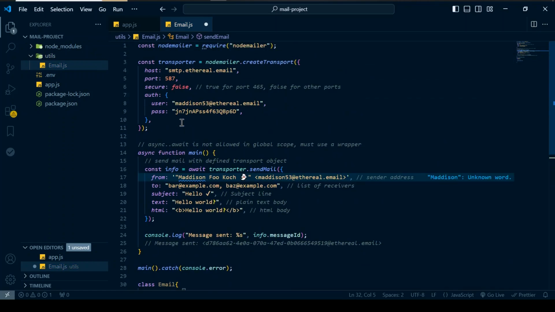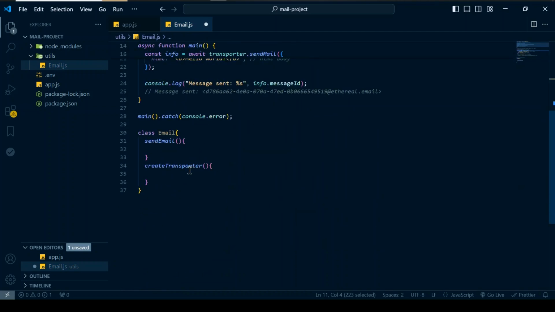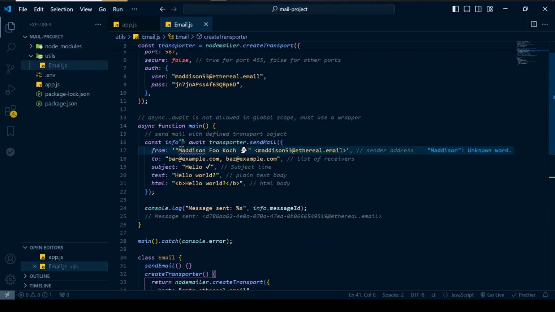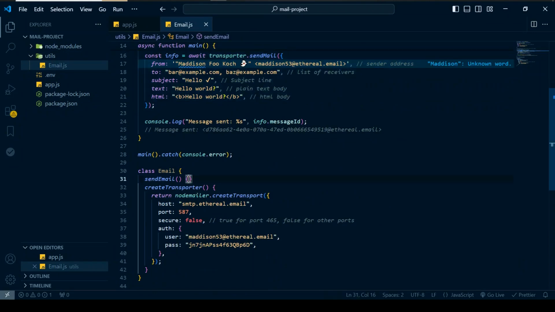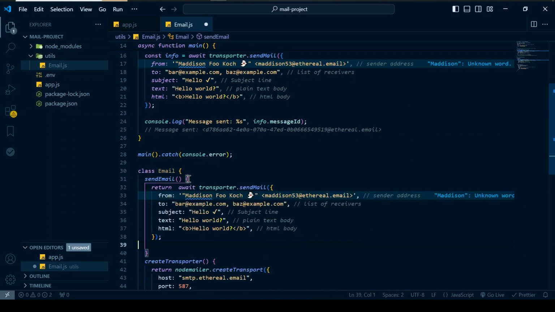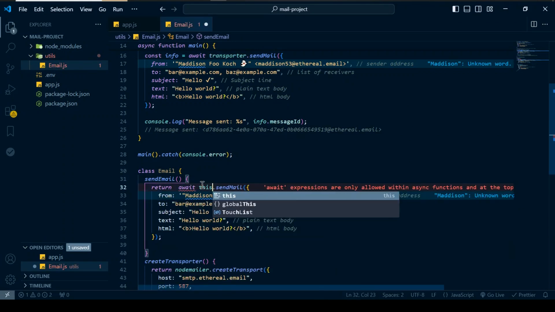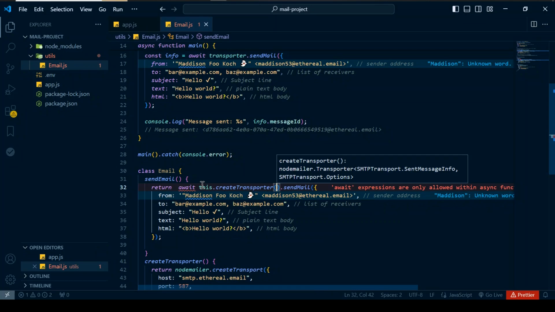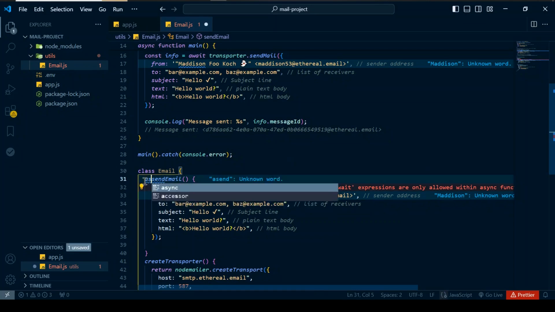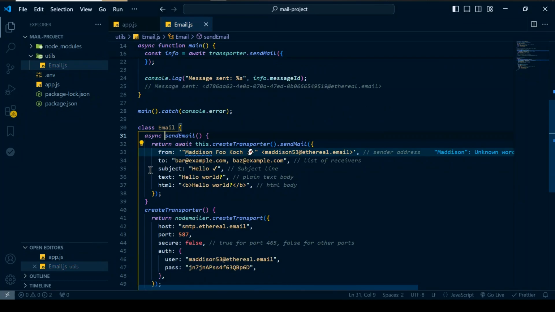Right, and we will use this code right here to create our transporter, and then we will use it to send email. Just createTransporter, sendEmail, async, right? Now we can see we have an asynchronous function here.